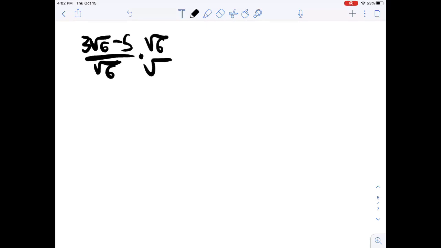Now let's look at dividing. So let's say we're asked to simplify this. First, we need to rationalize the denominator. That basically means just getting rid of the radical sign in the denominator so we get a rational number instead. So we're going to multiply both the numerator and denominator by the square root of 6. So we get